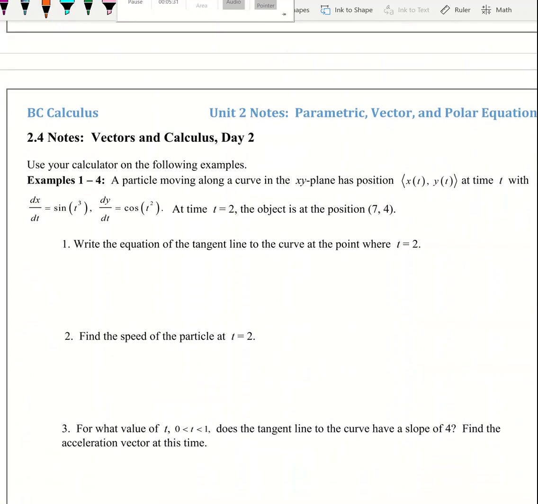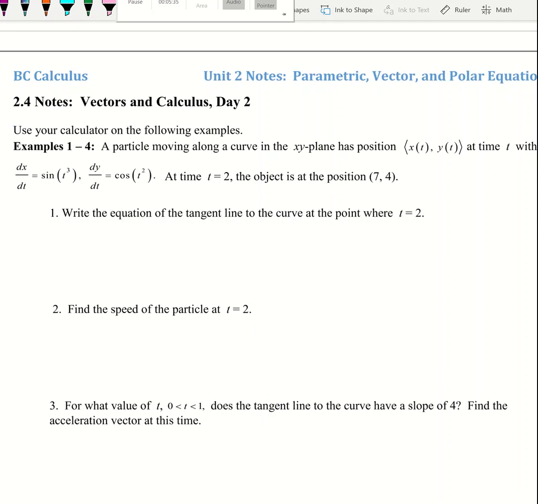Moving on to 2.4, we can use a calculator on these examples. But we do want to be careful about